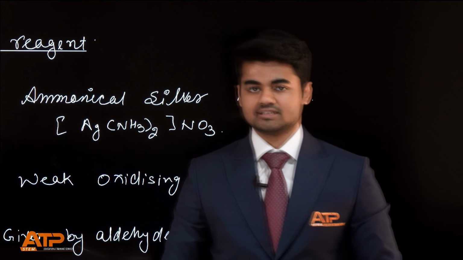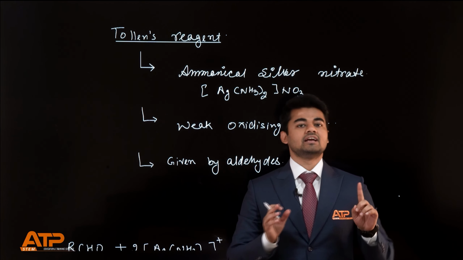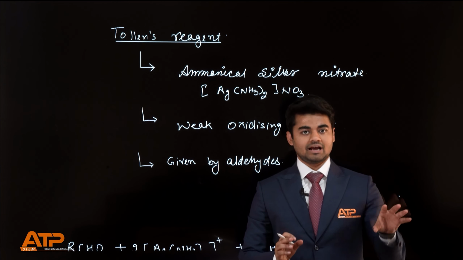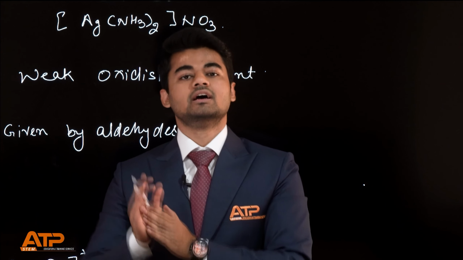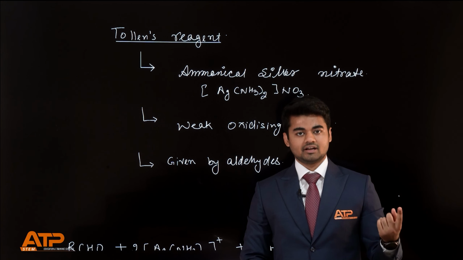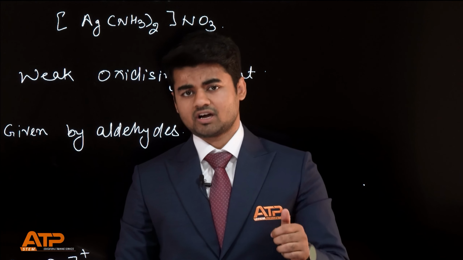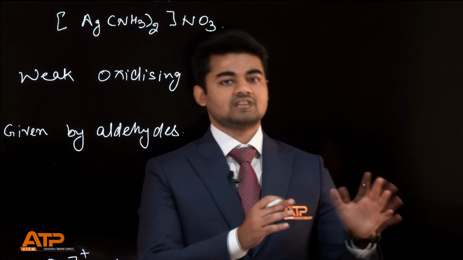the term oxidizing agent. Now, Tollens reagent being a weak oxidizing agent, it can be used to distinguish between aldehydes and ketones. Aldehydes are easily oxidized. On the other hand, ketones tend to resist oxidation. Aldehydes get oxidized easily to their respective carboxylic acid. When I say respective carboxylic acid, that means there is no change in the number of carbons. So imagine you are starting with a 2 carbon aldehyde. Upon oxidation, you will get a 2 carbon carboxylic acid.